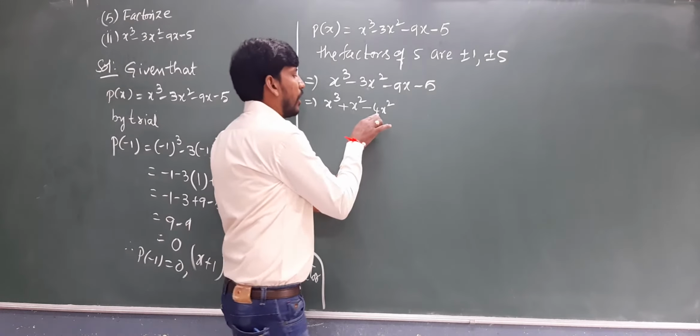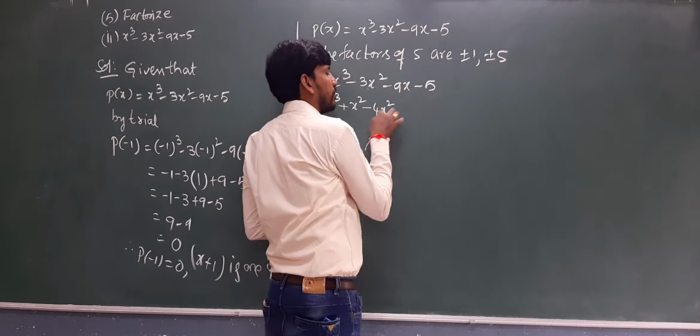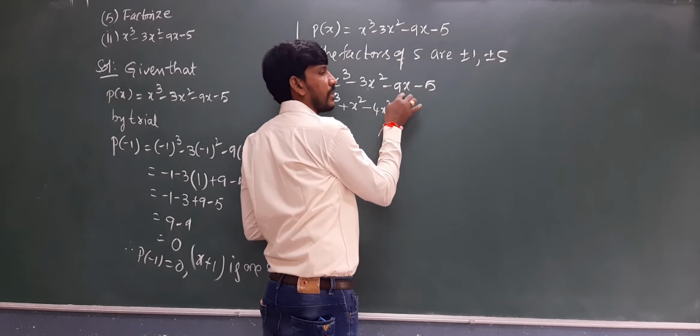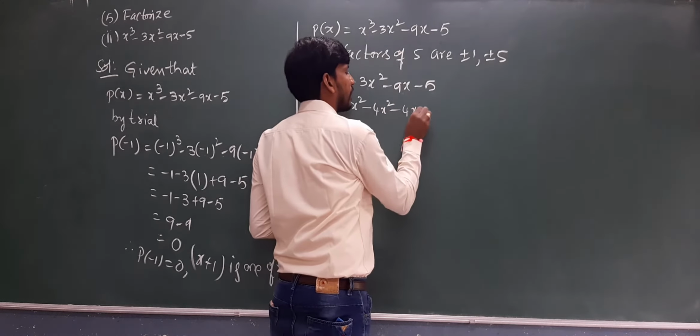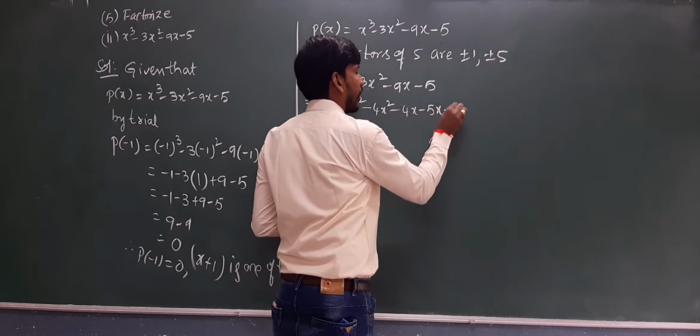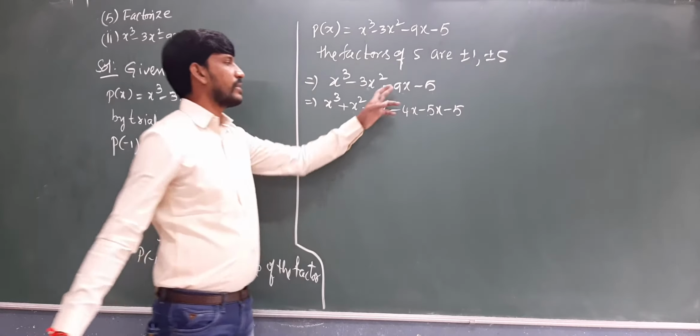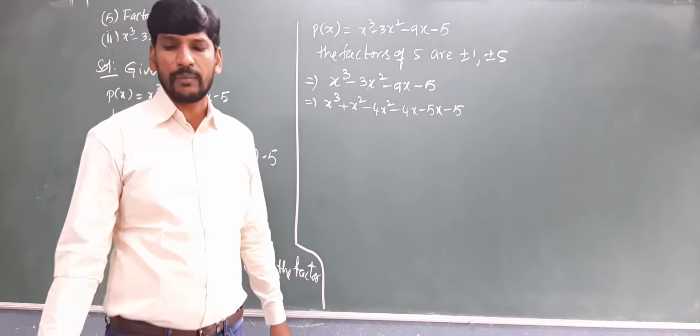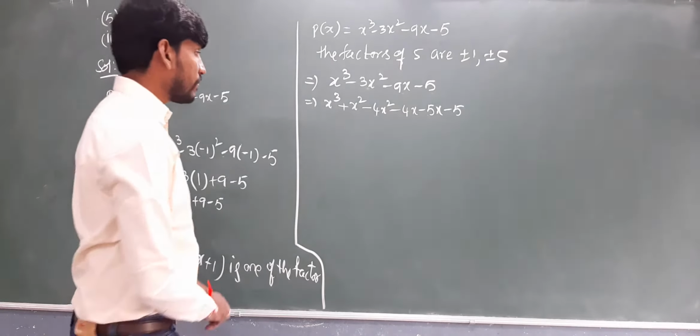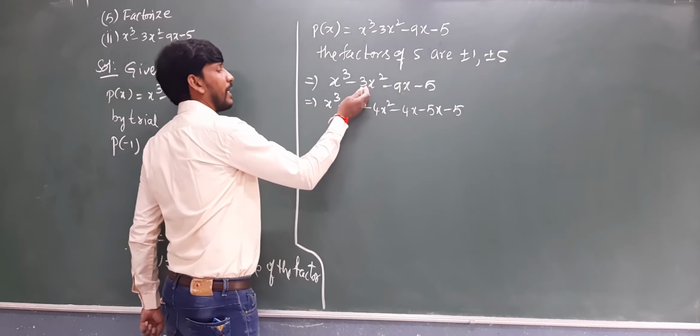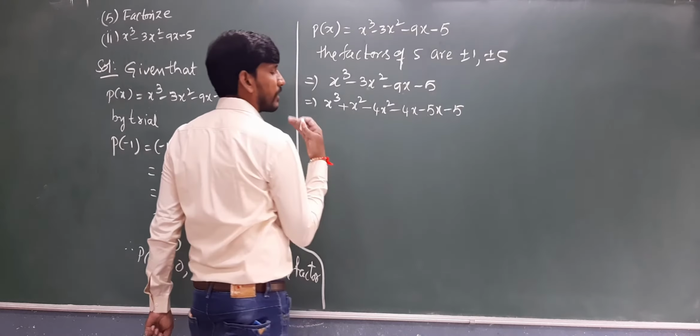In the same way, now minus 4x, minus 5x, these two values. By taking these two values, we are going to simplify, that is minus 4x minus 5x, because minus 4 minus 5 is nothing but minus 9x. Clear, my dears? So now, after simplifying minus 3x square, minus 9x, we have to take the common.